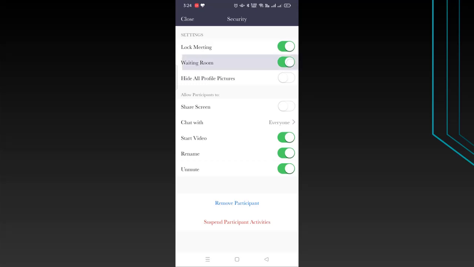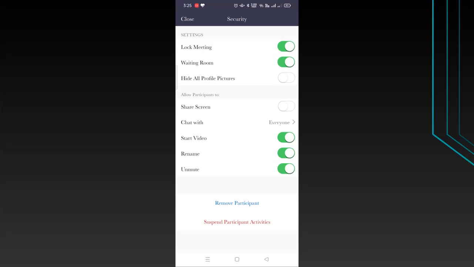The second option is waiting room. So waiting room is something like, when you want to attend a meeting and you click on that invite link, people will first come to the waiting room. They will get a message saying that you are in the waiting room, just wait for the host to allow you into the meeting. If you want to enable that waiting room, you can always enable that. When you are in a meeting, if somebody comes to your waiting room, you will get a notification there, and from there you can decide whether you want to accept him inside the meeting room or deny that particular person.